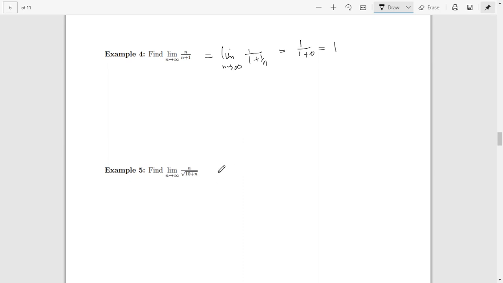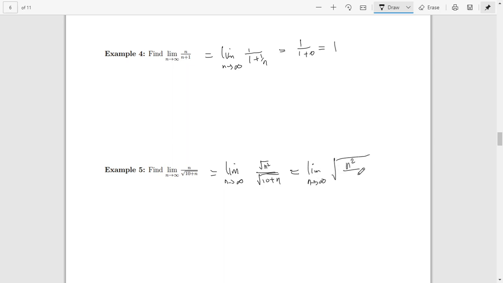I can say that this would be equal to the limit as n goes towards infinity of n, which is a positive number, so I can write that n as square root of n all squared, divided by square root of 10 plus n. I'm doing this to see if it's possible to write everything in terms of square root, and it's possible. So this would be equal to the limit as n tends towards infinity of the square root of